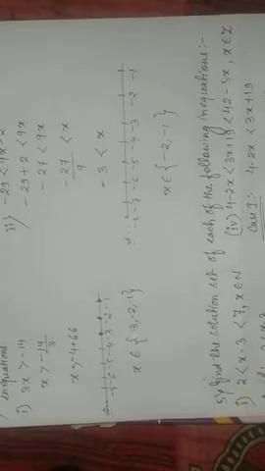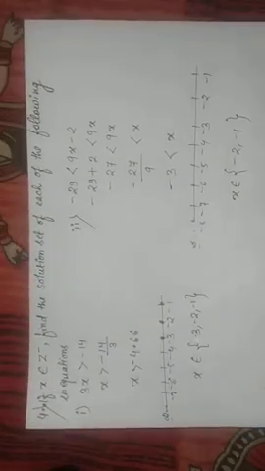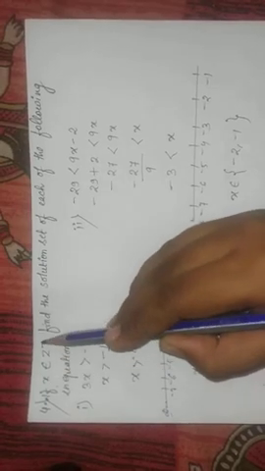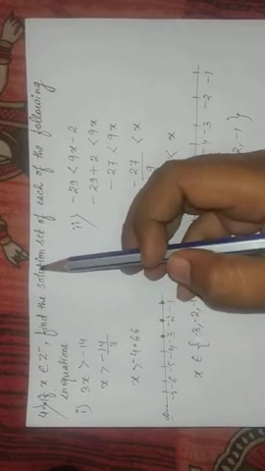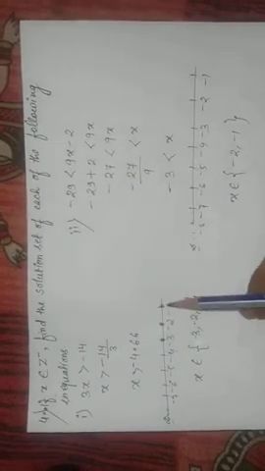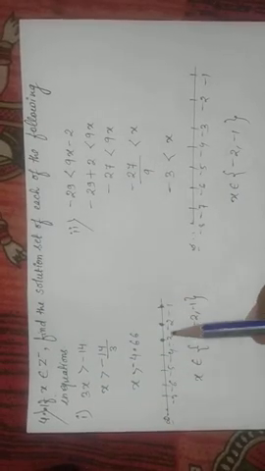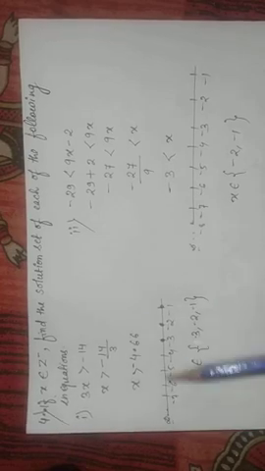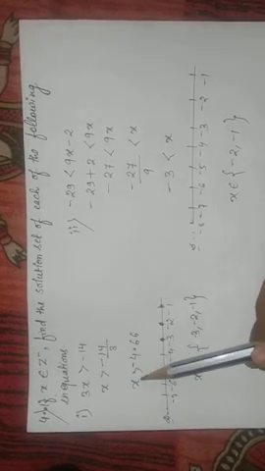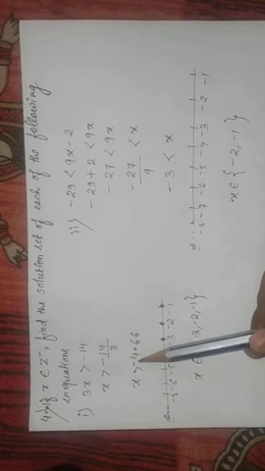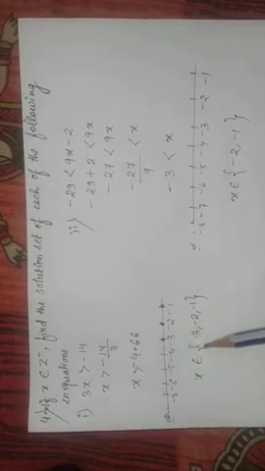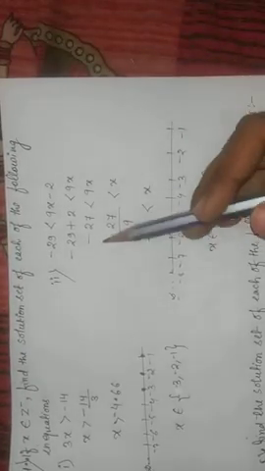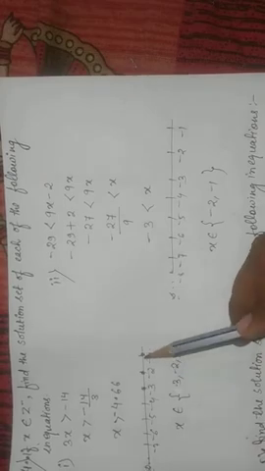So now I am coming to question number 4. In question number 4, it is given that x belongs to Z negative. That means the set of all negative integers. So the number line will become like this: -1, -2, -3 and up to minus infinity. So if you equate this equation, you will get x > -4.66. That is, x belongs to -3, -2 and -1. So question number 2 is just like question number 1.